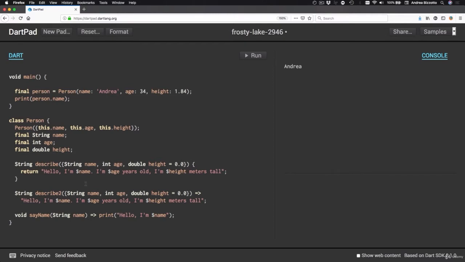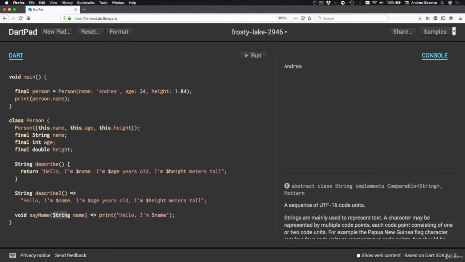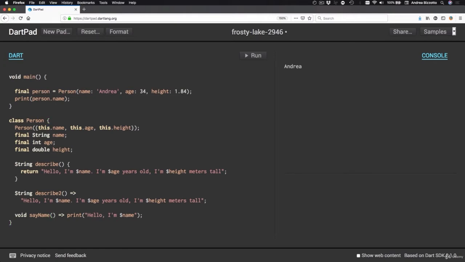Now, one thing that I want to point out is that these functions all take some input parameters. However, these input parameters are no longer necessary because the functions themselves now have access to the member variables inside the person class. So let me remove these parameters, just like this. And this one as well. And what I can do now is to go back to the main method, and over here I can print person.describe, for example, and I can run the code,